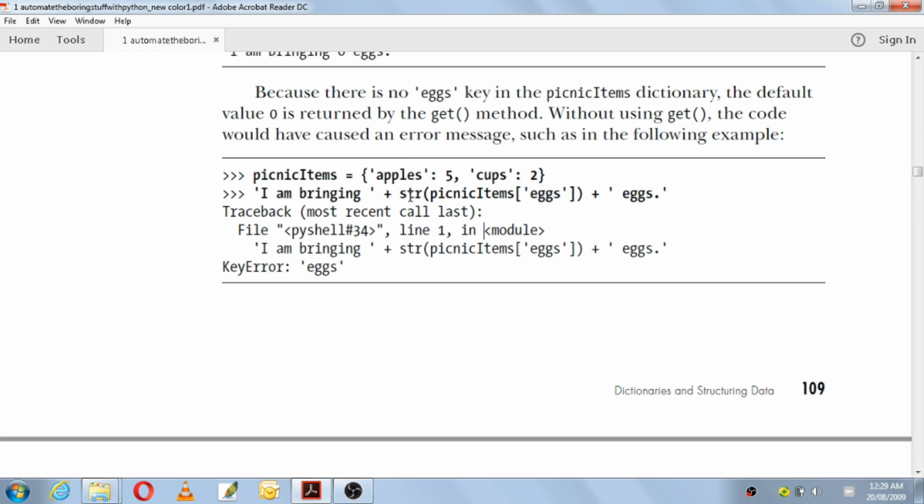So this is our previous, usual method. If you want to access the value of a dictionary, you have to use the variable name followed by the key. So what is the key here? Eggs. And plus what is there? Again concatenation eggs. But as eggs is not there as a key in this dictionary, it will give a KeyError. And what is that key error? Eggs. It is saying that eggs does not exist as a key in your dictionary, so you cannot retrieve its value.